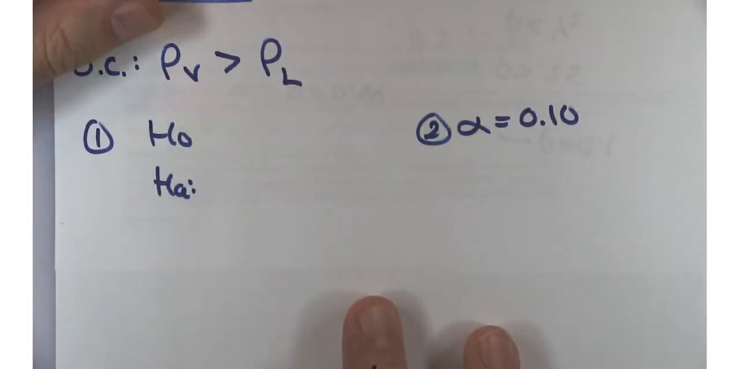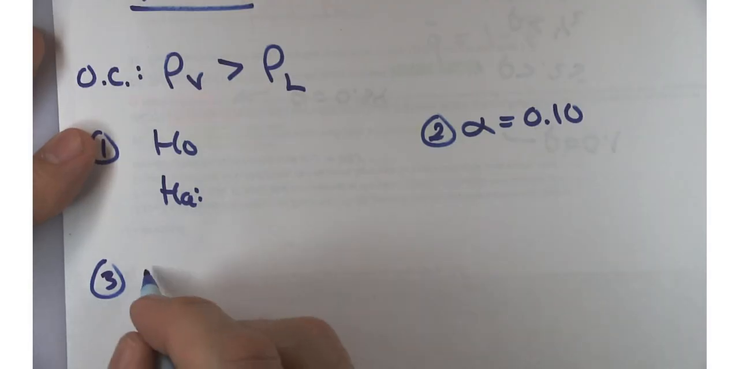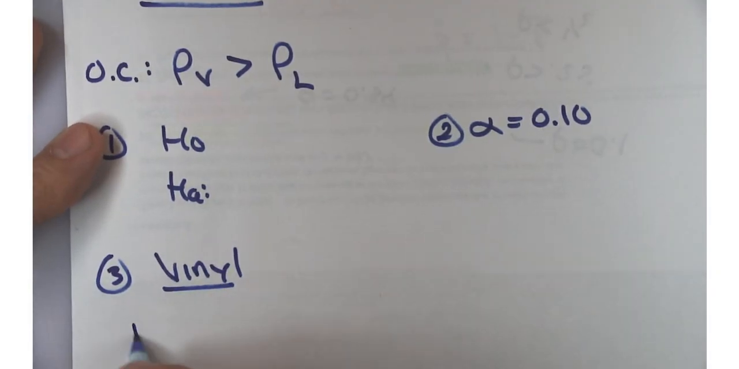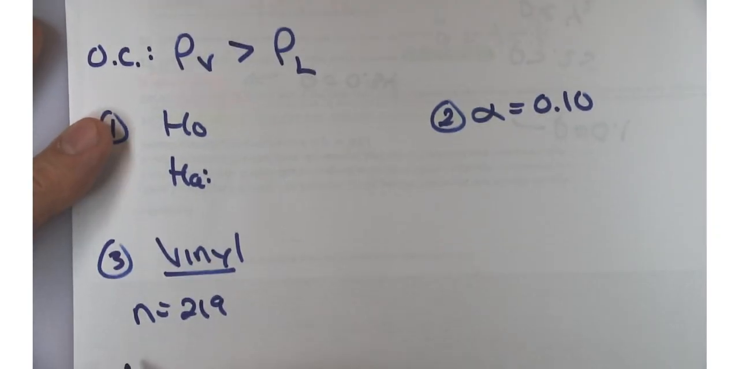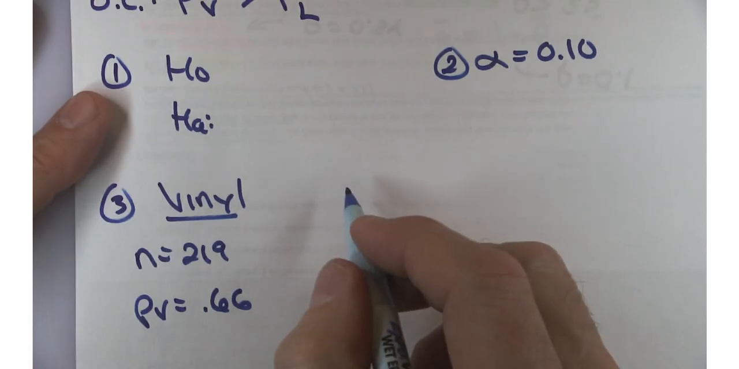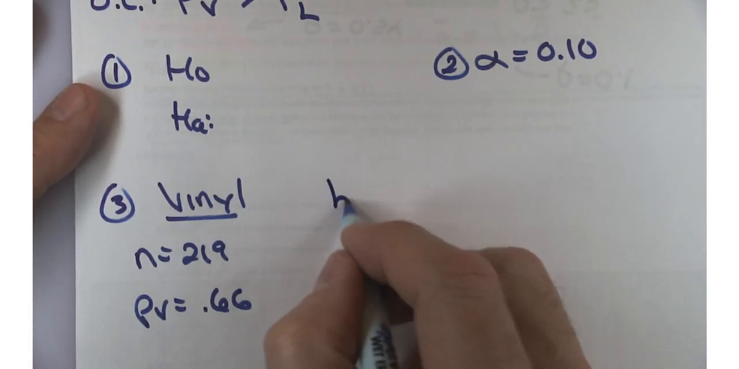And I'll also throw out some data here for you. So for our vinyl gloves, N was 219, and the probability that they leaked was 66%. That's not going to do too well when we try and put it into StatDisk, so let's talk about that in a second. For latex,